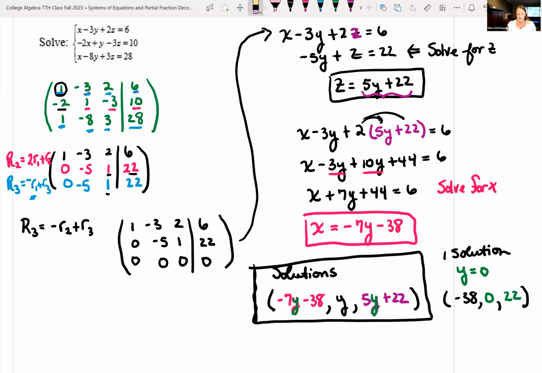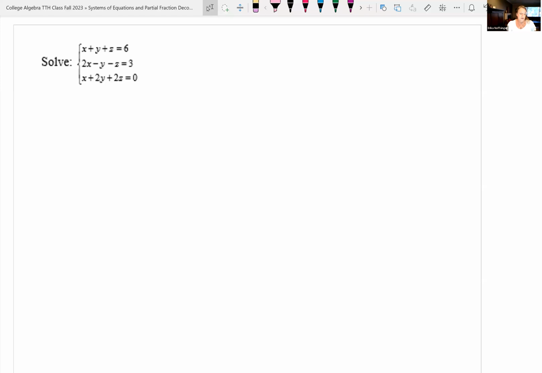Okay, so now let's look at one more system, at least. Looking at another example, we have x plus y plus z equals 6 as our first equation. Our second equation is 2x minus y minus z equals 3. And our third equation is x plus 2y plus 2z equals 0. So rewriting our matrix,